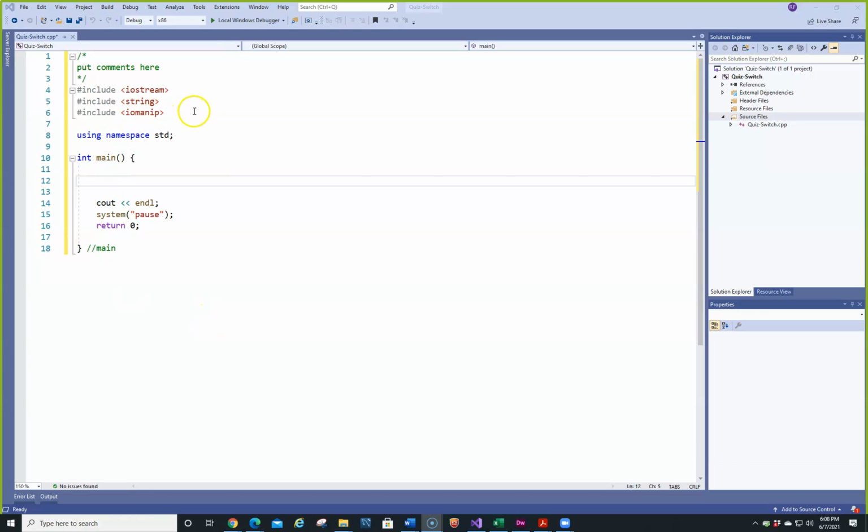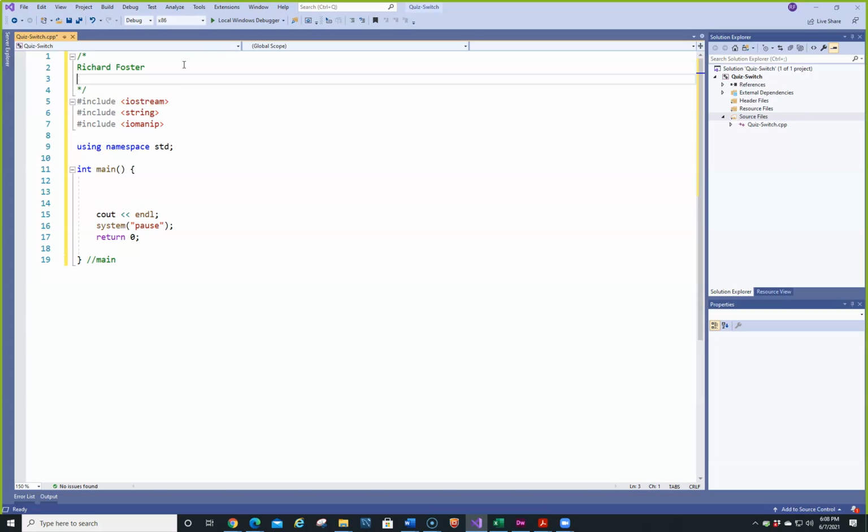Okay, I've opened up a template that I created in here. You can use the one that I've put into Canvas. So obviously the first thing you're going to want to do is put your name, and since we're not actually doing a book assignment, I'm just going to put: this program will get a numeric grade